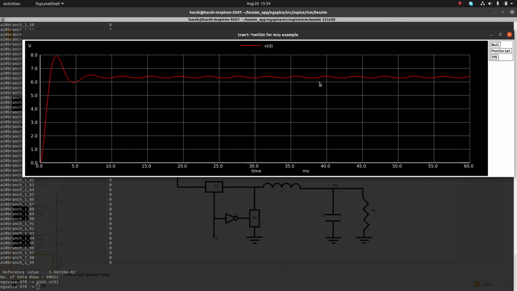For achieving that, we'll need some form of feedback. Here you can see if I increase the duty cycle, the voltage will increase. But how does the circuit know by how much and when it should increase the duty cycle? For that we need a feedback mechanism which compares the output voltage with some reference value and decides if it should increase or decrease the PWM pulse width in order to increase or decrease the output voltage.